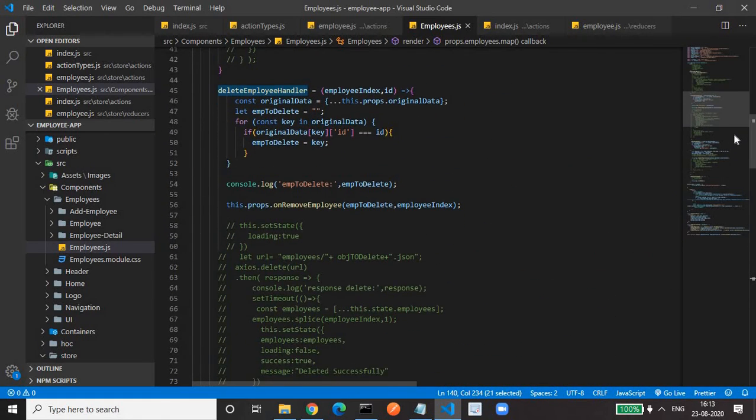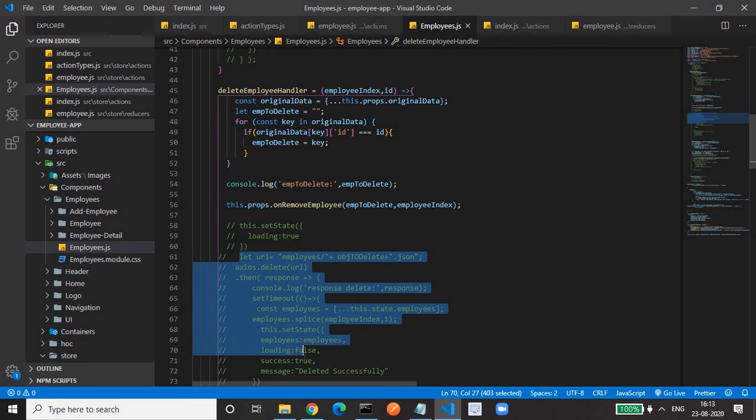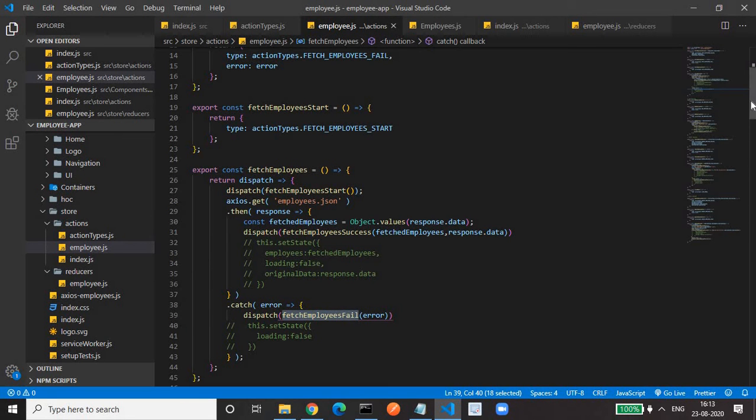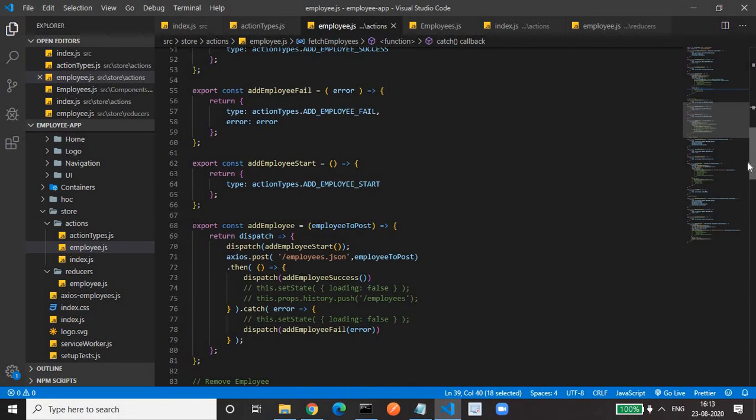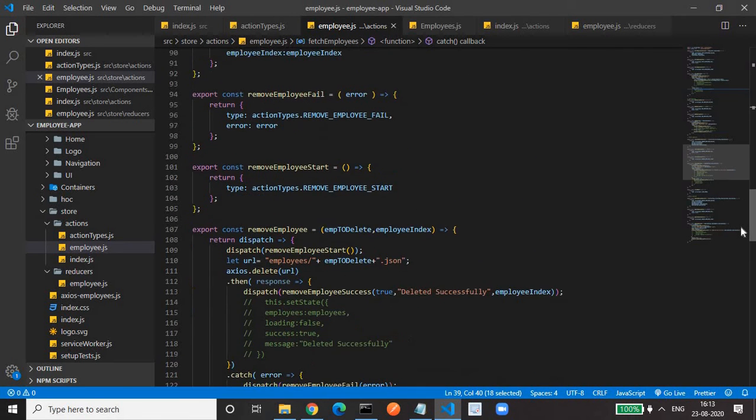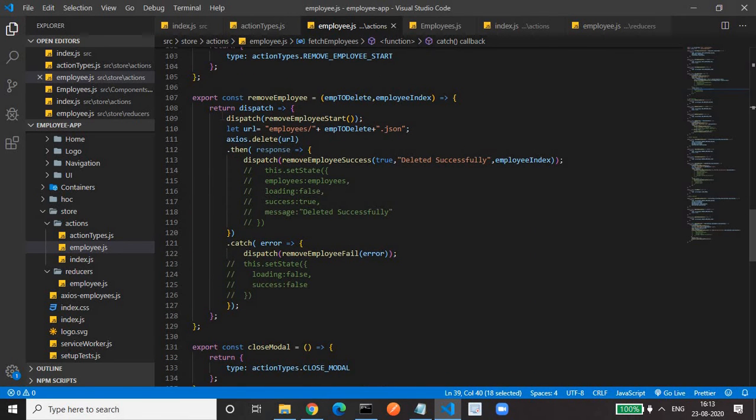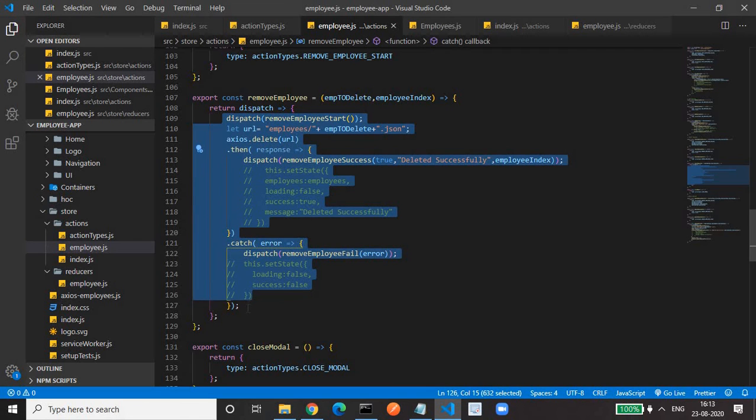If you go to the deleteEmployeeHandler, earlier we were doing the axios call here, but I moved everything to the action area, to the redux. For removing all this, everything I moved to the redux area.